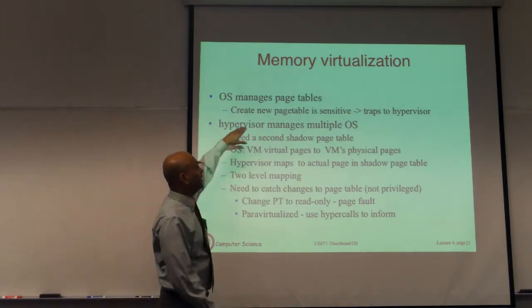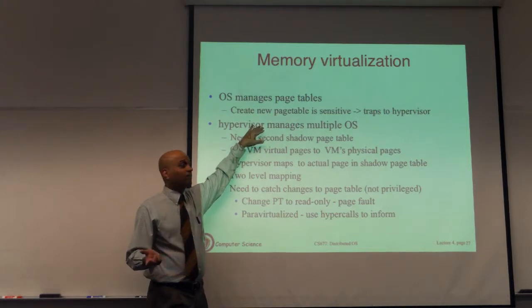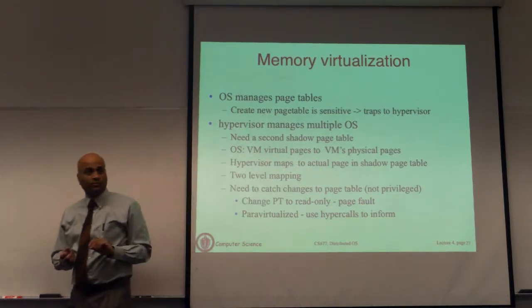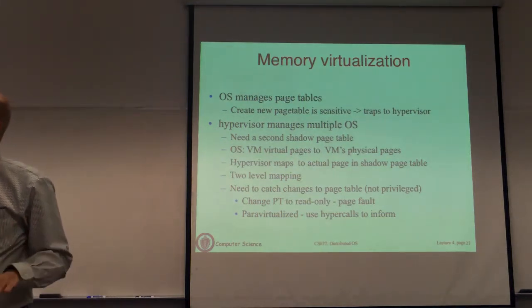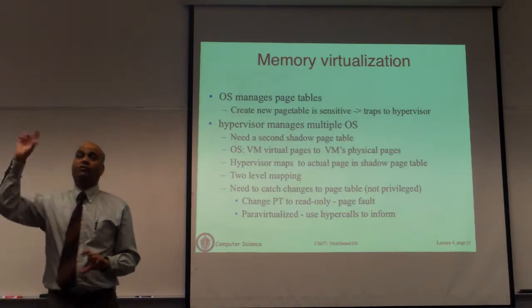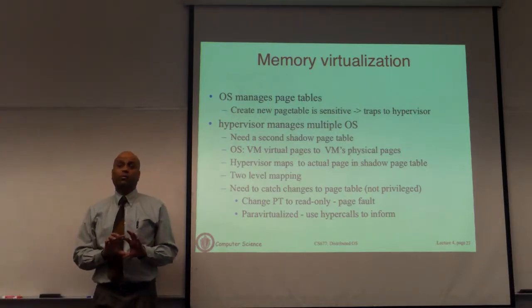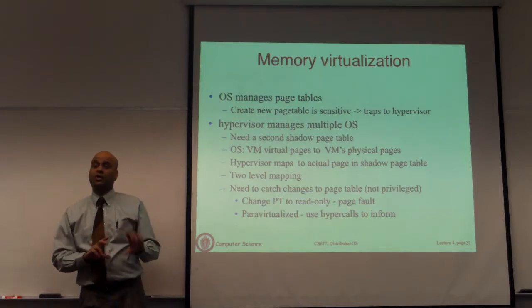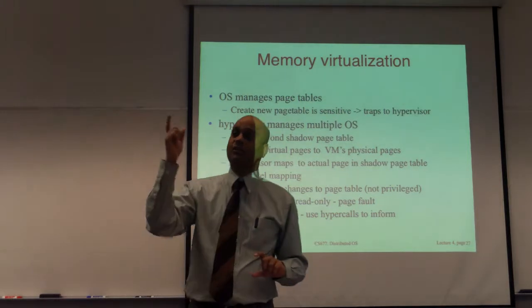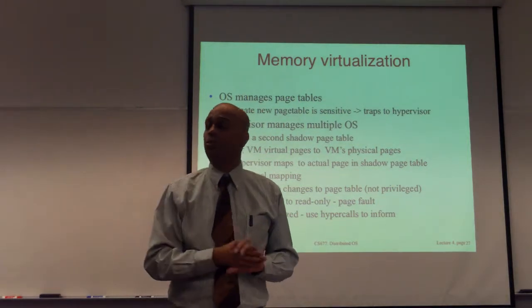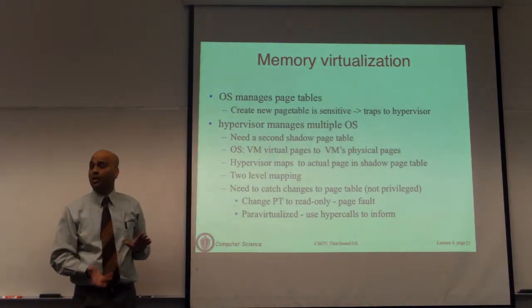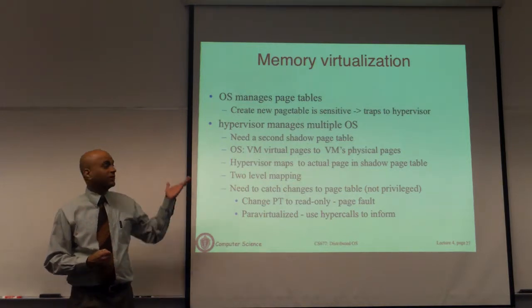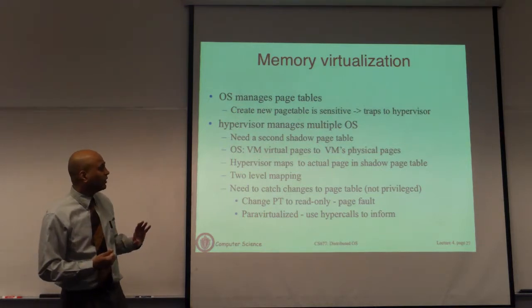So whenever you need to create a new page table or modify mappings of a page table, you will need to trap to the hypervisor. You'll have to ask the hypervisor to make those modifications. Hypervisors may have additional support such as shadow page tables, where for every page table inside the OS, you have a shadow page table, which is a mirrored page table that's maintained in the hypervisor and has the same mapping, so that the hypervisor can track what is going on, for example. So you need some additional support in addition to just taking memory and partitioning it. You need additional support from the hypervisor in order to change memory management, page tables and whatnot. That's the thing to keep in mind.